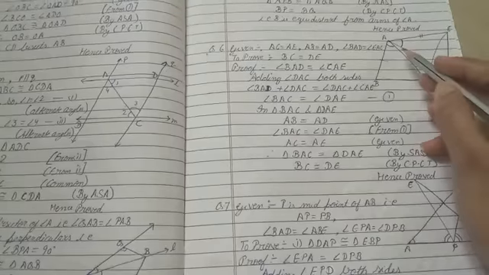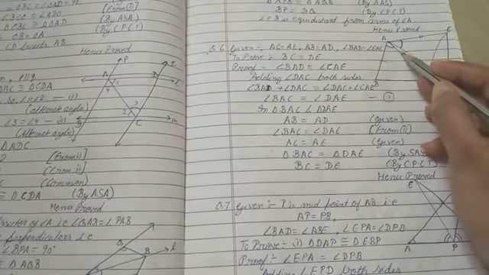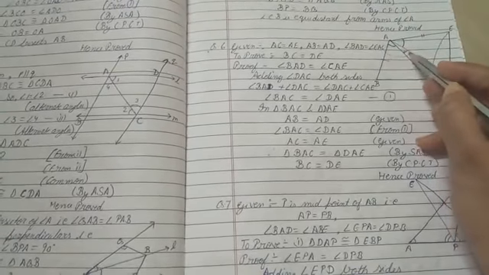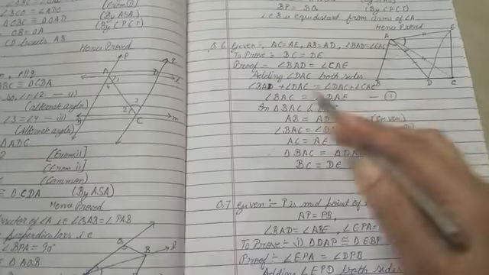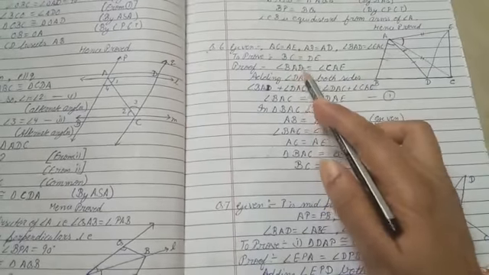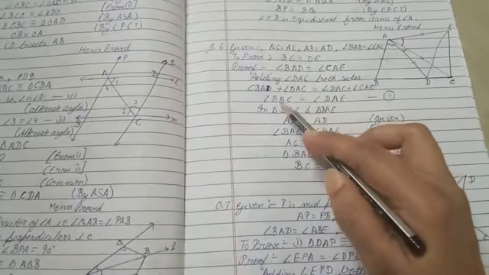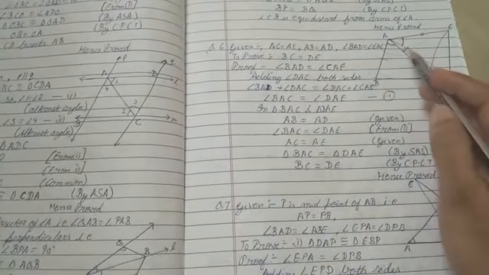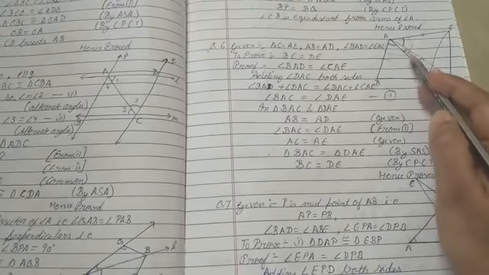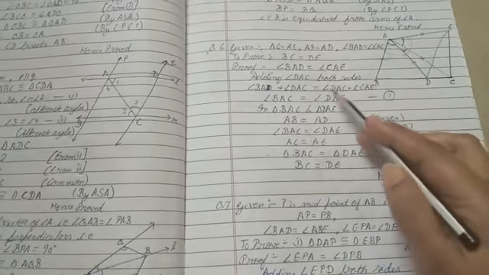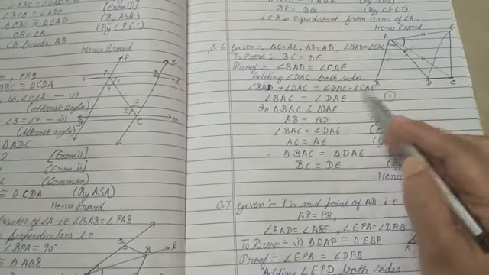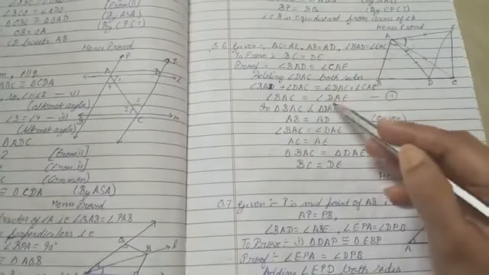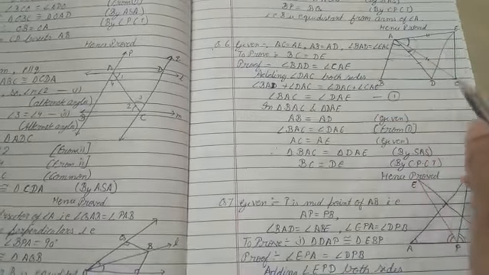Now if we add the same thing, that means this angle, on both the sides, इस एंगल में इसको ऐड करूँगी तो ये टोटल एंगल मिल जाएगा मुझे, that will be equal to BAC. So angle BAD plus angle DAC will be equal to angle BAC. सिमिलर वे अगर CAE में मैं ये एंगल ऐड करती हूँ तो मुझे ये वाला एंगल मिल जाएगा. So that means angle DAC plus angle CAE will be equal to DAE. So both these angles will be equal. Angle BAC will be equal to angle DAE.